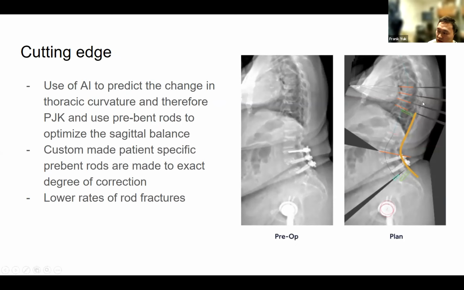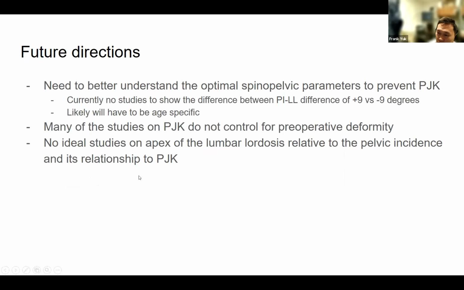And then it also predicts what the thoracic kyphosis may become once this rod is in. And then this rod is custom bent and custom made for this patient specifically. And then during the surgery, you can use this rod to actually instrument the patient, and they have much lower rates of rod fractures. So the future directions for PJK: we need to better understand the optimal spinal pelvic parameters